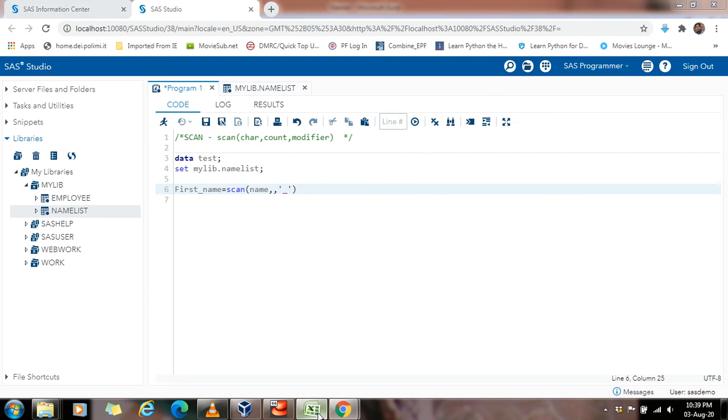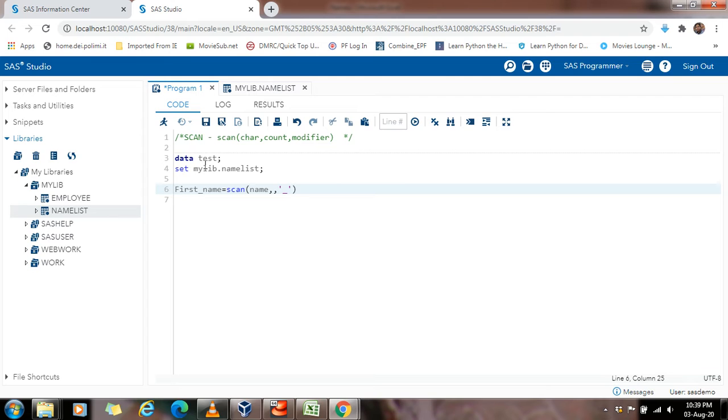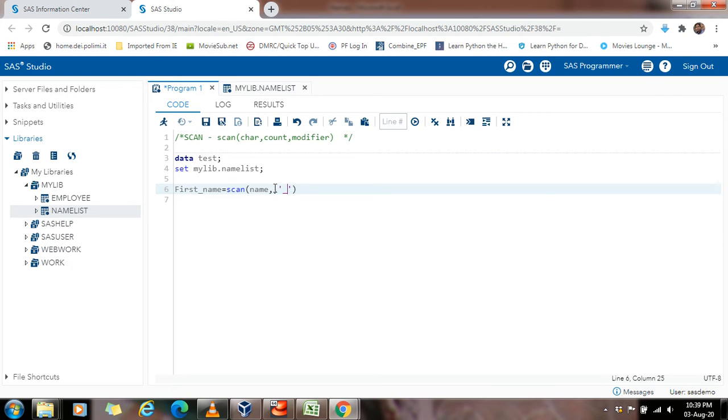Underscore was the delimiter over here, which will be the modifier. So there are three words which have been separated by this delimiter, right? Then which word do we need in first name? The first word. Then here we will write first and we'll put the semicolon.